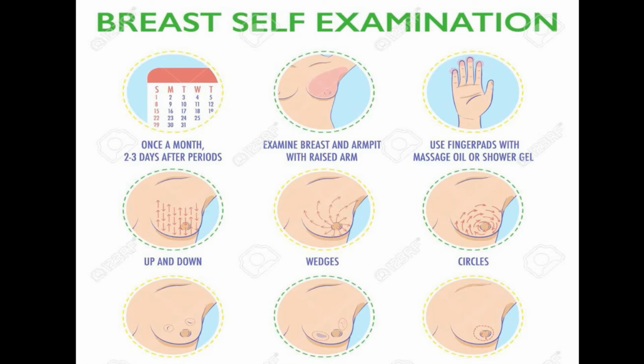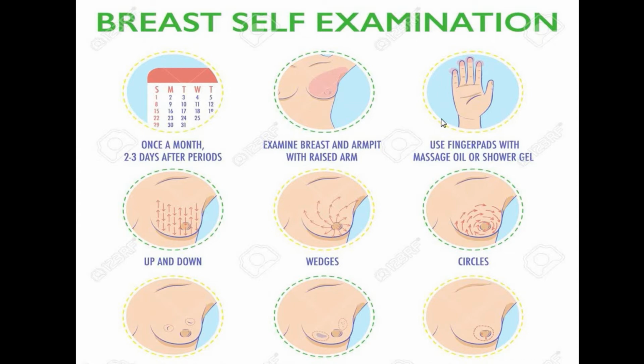Every young female and every female should do self breast examination for the detection of any lump, any abnormality, any color change, or any discharge from the nipple. It is suggested to do self breast examination once a month, and the ideal time is the second to third day after the periods start, because the glandular tissue is not under the influence of hormones and is smooth tissue.